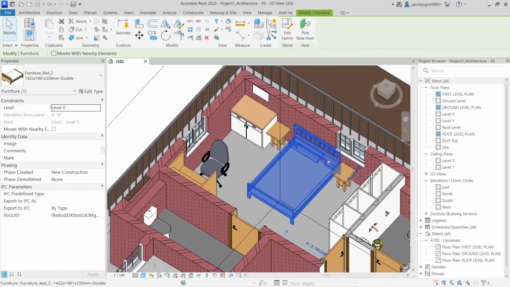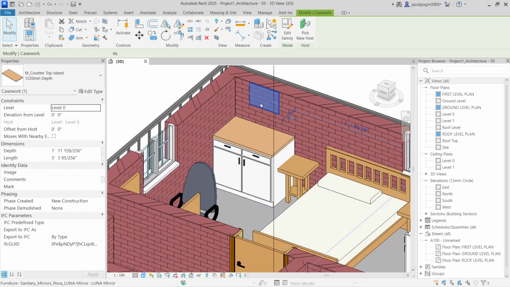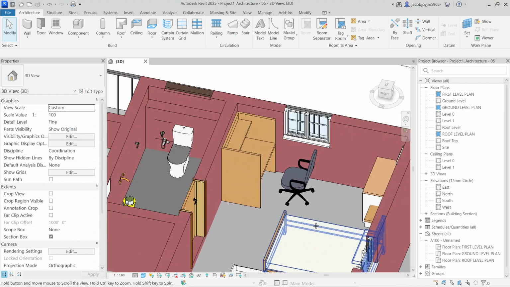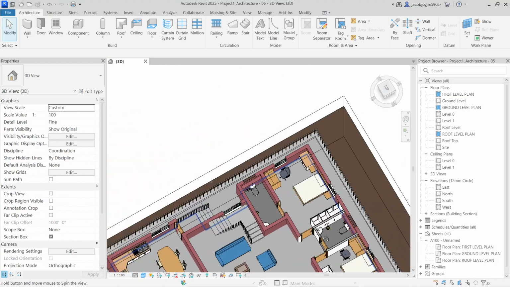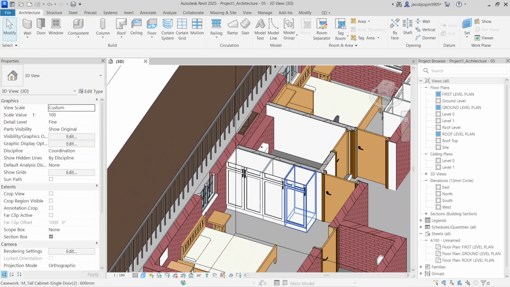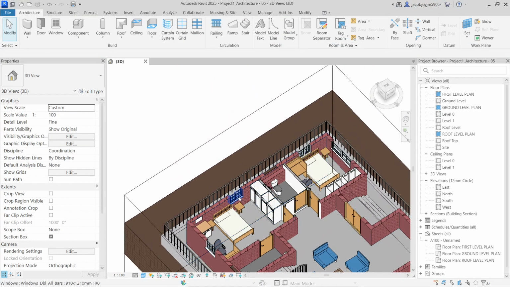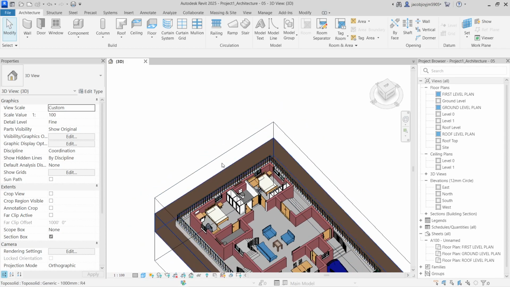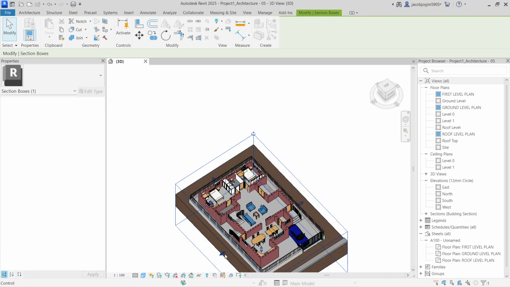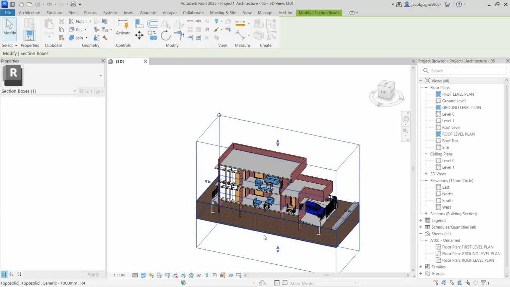Furnitures are already placed, so I just placed this casework and the mirror. And all the cupboard. It's a simple cupboard, just downloaded and placed. So actually these are from a Revit default folder. I didn't do any extra. I did not change anything. I just placed,